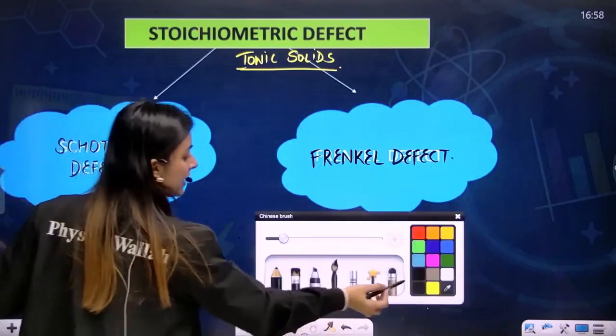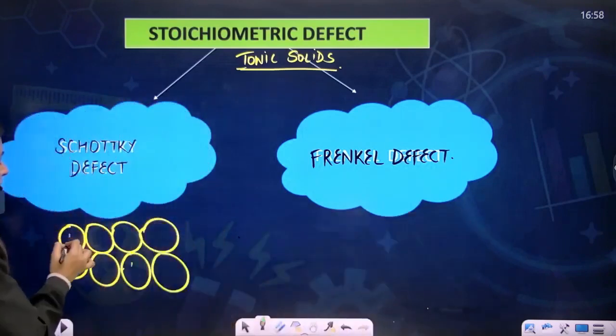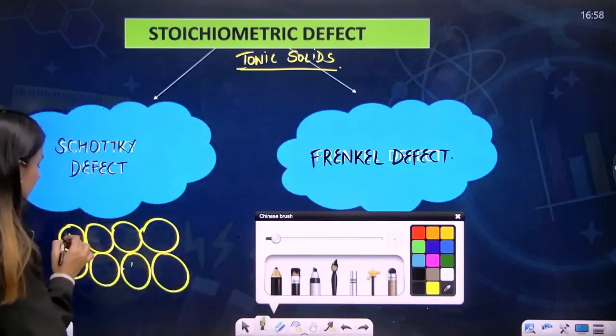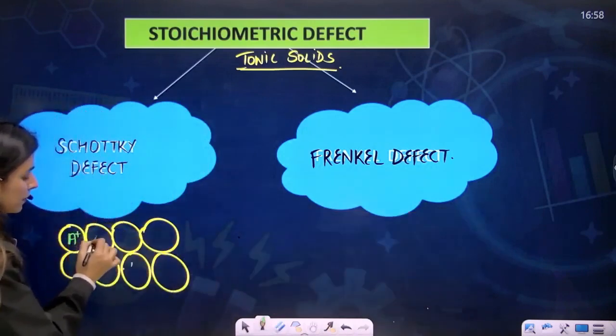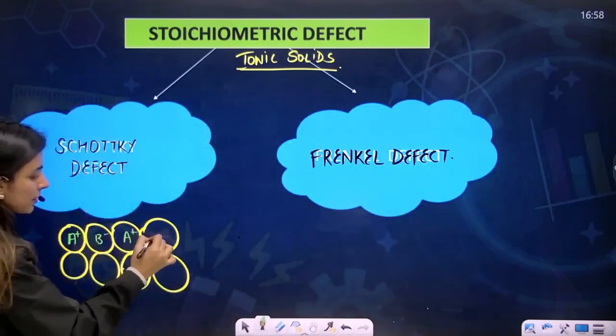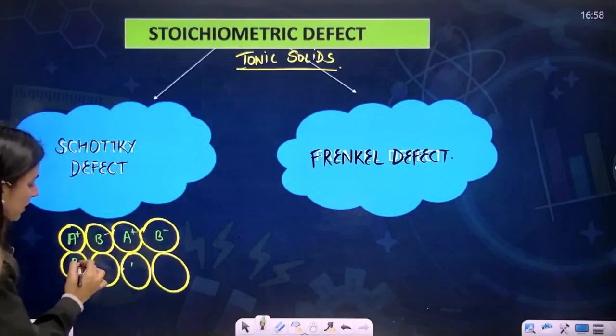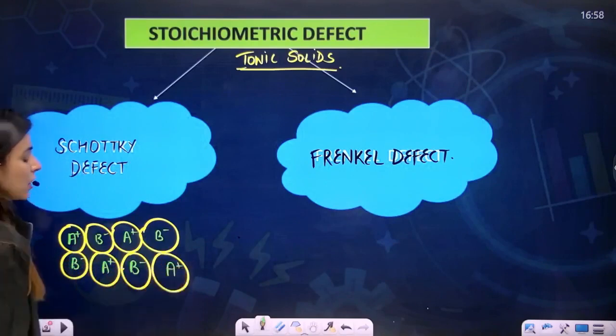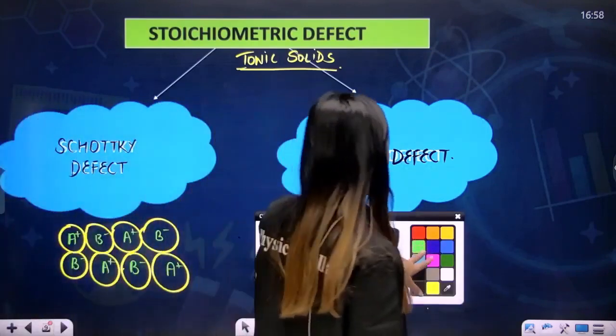Since it is an ionic solid, definitely you'll have A plus, B minus, A plus, B minus. Okay, so here it will come B minus, A plus, B minus, A plus. Okay, yes. So now what happens in Schottky defect is that,